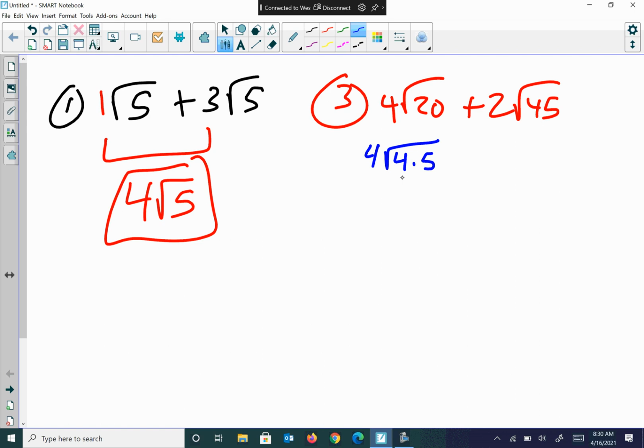Okay, so what's the square root of 4, friends? 2. 2 gets multiplied by this 4 out here, so I get an 8. So I get 8 root 5. Agree? Plus,